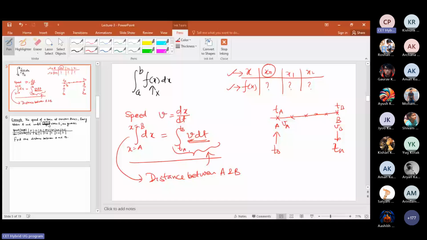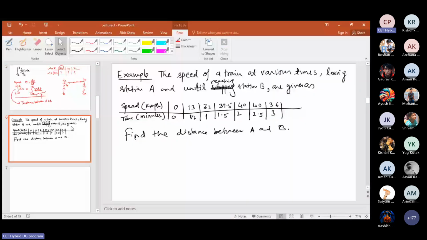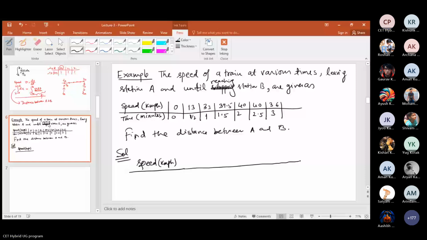So first thing first, what we do here is that we write out the speed, in kilometers per hour. So we convert the time also into hours, which is given to us in minutes. How do you convert minutes into hours? You have to divide by 60. So 0 by 60 will make it 0, then 0.5 by 60, it will be like 1/120,